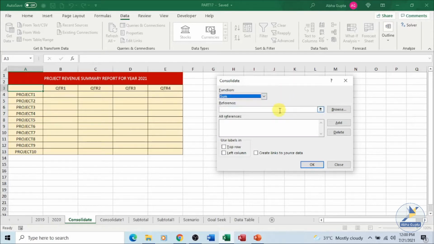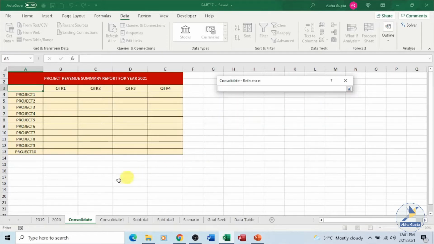Then you have to tell where your data is present. Now I am making use of two sheets, one is 2019 and one is 2020. So we have to give the reference over here. Either you can type in the reference manually, the range which you are using, or you can always click and give the range.